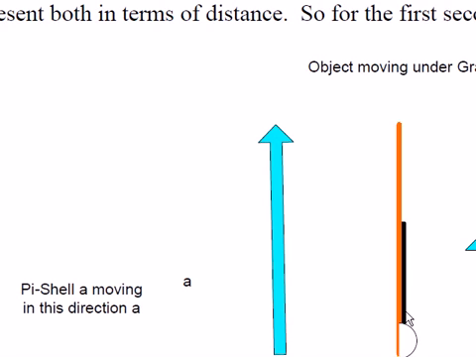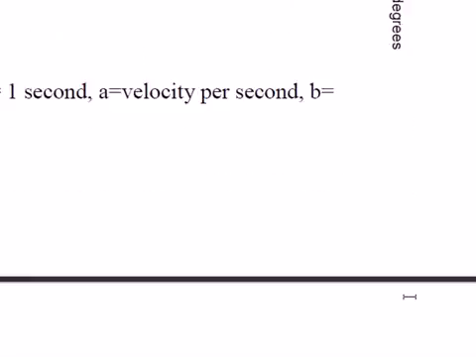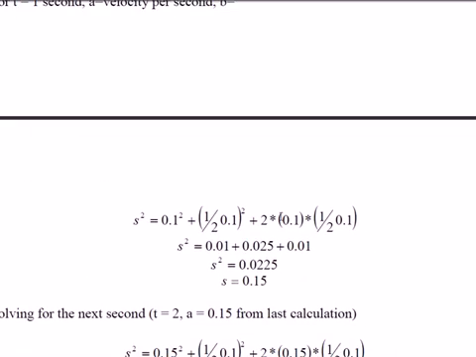So you have a pi shell moving straight up with a certain velocity and experiencing a downward acceleration. Normally in this case it's gravity, but for the sake of the example, it was 0.1. So we just plug that into the formula, and what we get is